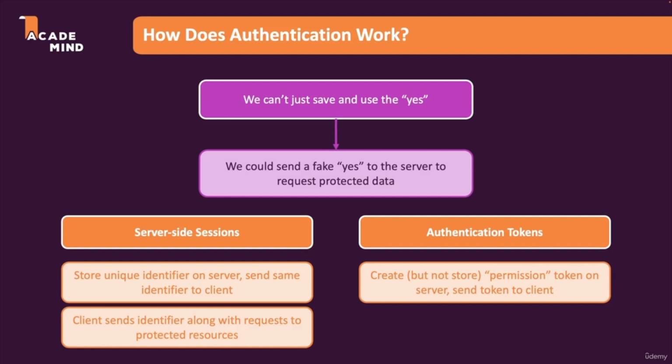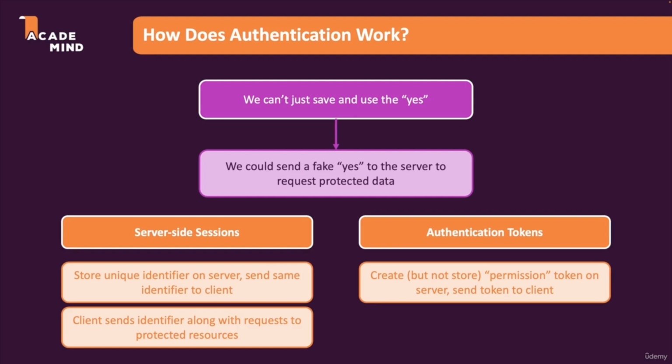So we create such a token on the backend and we send that token back to the client. Now, the special thing about that token is that its validity can only be checked and proven by the backend that created that token, because the token is created with help of some private key